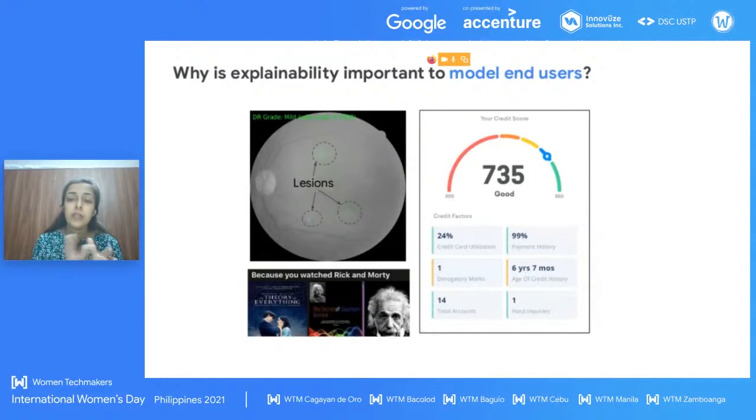Diabetic retinopathy is basically a disease that can be diagnosed using retina images. So we can use a data set of retina images to build a classification model that would tell us the level of diabetic retinopathy in the patient. It could be weak, it could be low, it could be mild risk level, it could be high risk